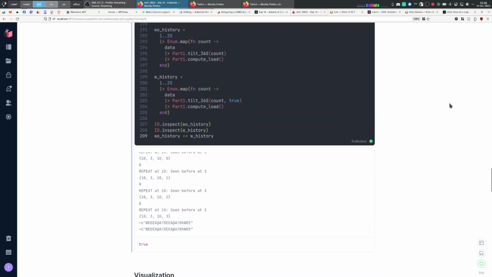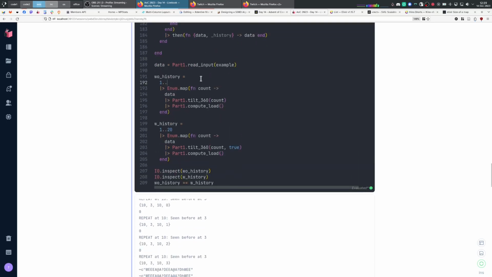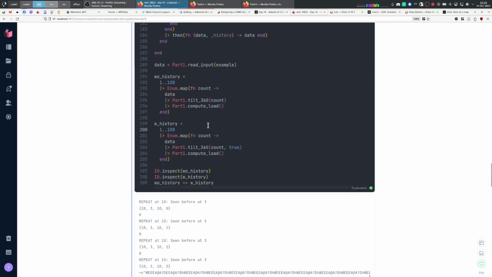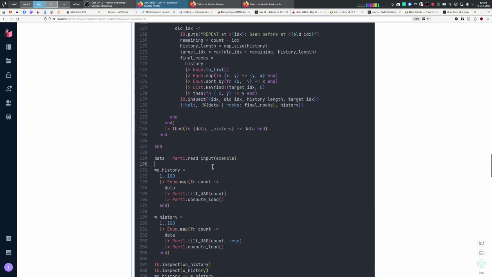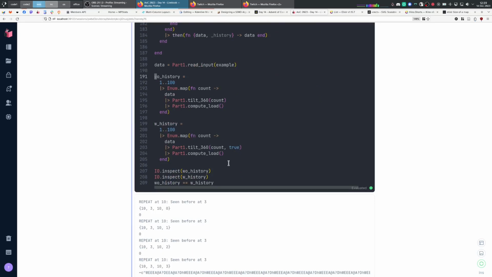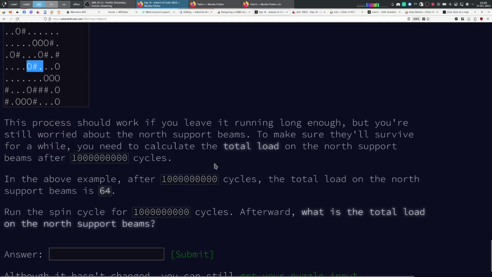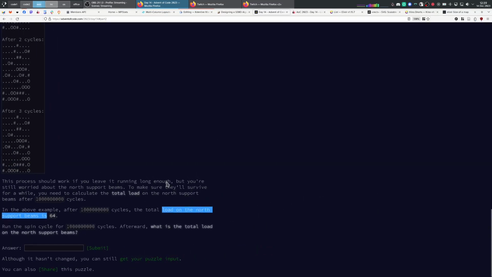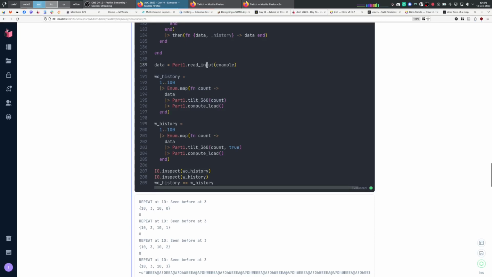Okay. Now what if we do this? Let's just do it to 100, because why not? True. Okay, so we have tested that our thing works. So now we just need to do the full input. We now need to do the example to 1 billion. Do they actually tell us what the example to 1 billion is? Yes, in the example above, after 1 billion cycles, the total load on the beam support is 64. Okay, so